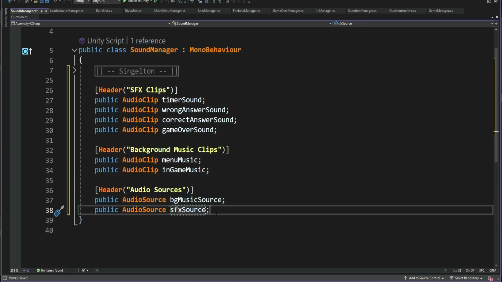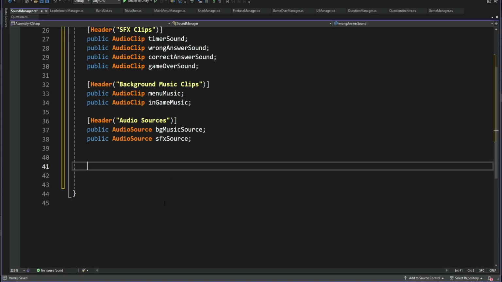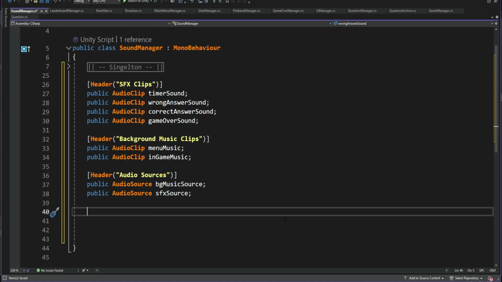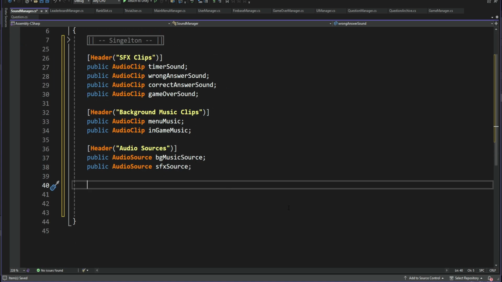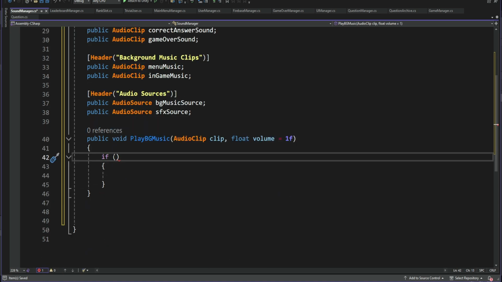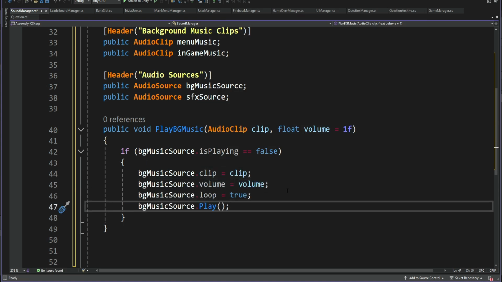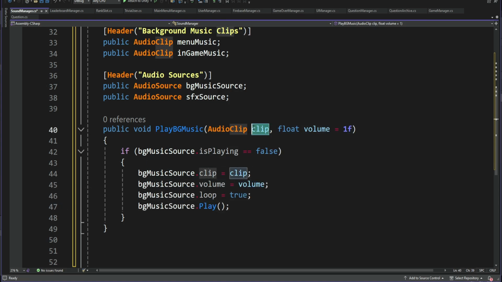Now we want to create a method that is going to play the background music, so we're going to be able to send parameters into it and basically call it from other scripts in our project, again because it's a singleton. So we're going to have this method that is going to receive a clip to play,